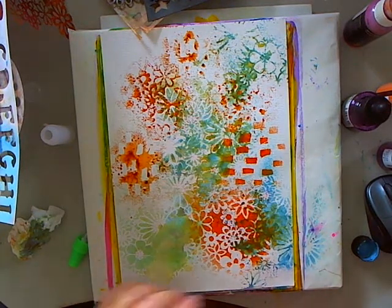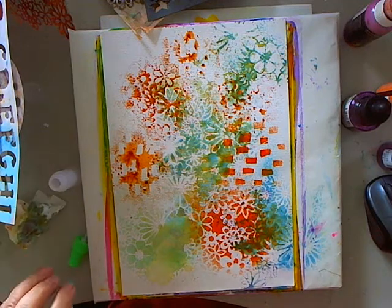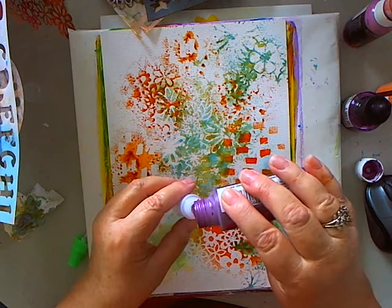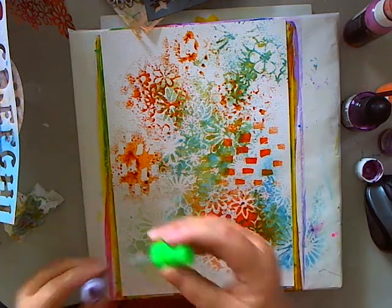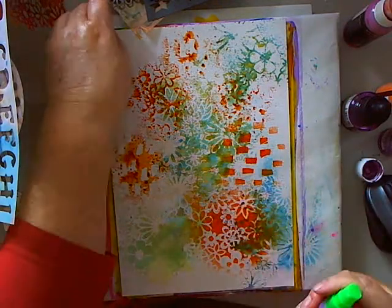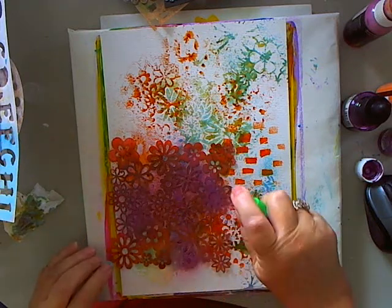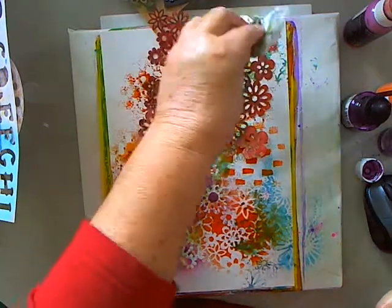And the other one I'm going to show you today is a metallic, because we all need metallics, and here's some metallic $1 paint that we can use. Try this, put it into the water once again. Oh, you can see the beautiful metallics in it. Okay, put the top on, give it a good shake, and now we'll try this one. There's our flowery, trying to find our flowery stencils. There's one. Let's see how this one goes. Beautiful. Just put it down on there and give it a...